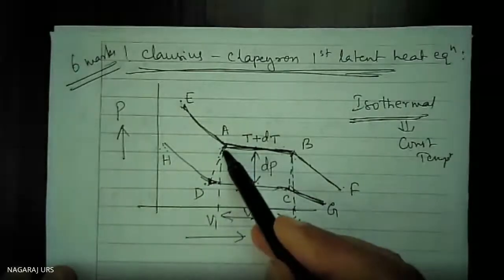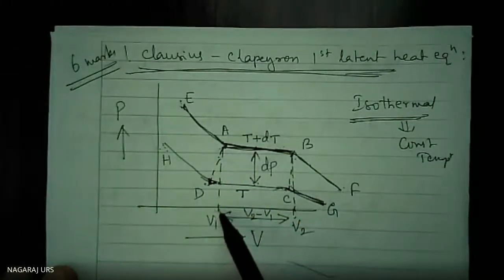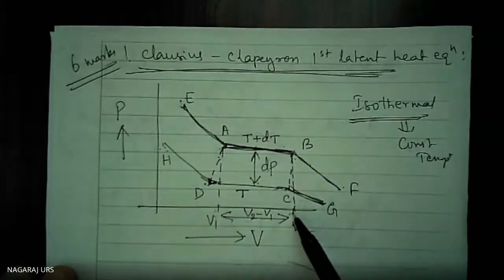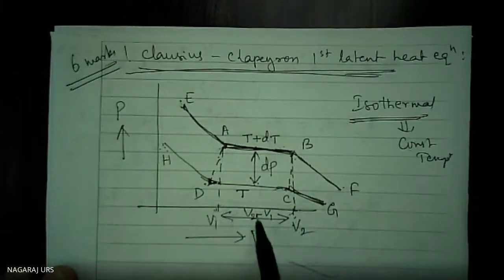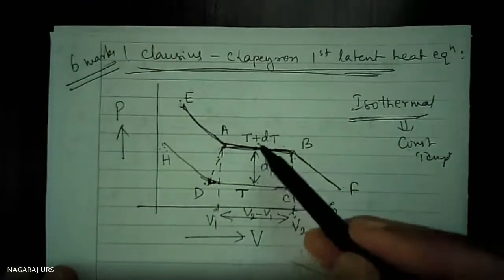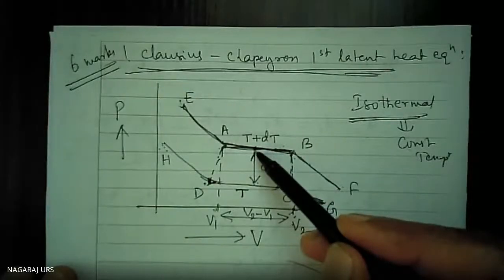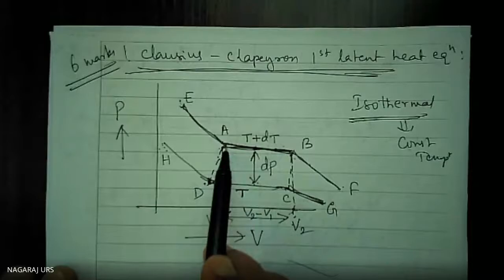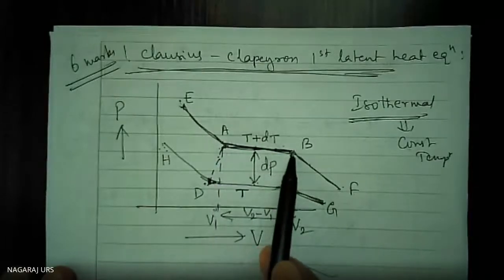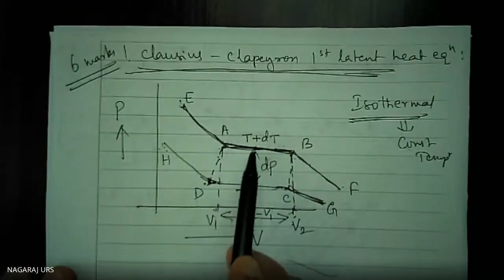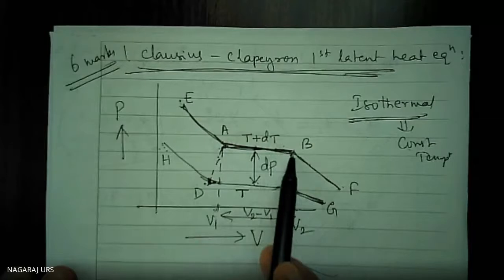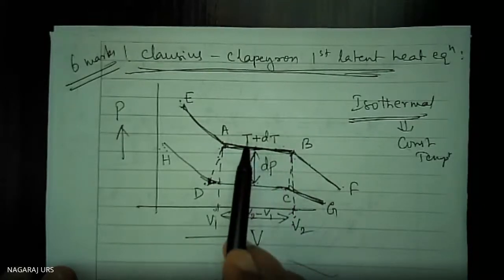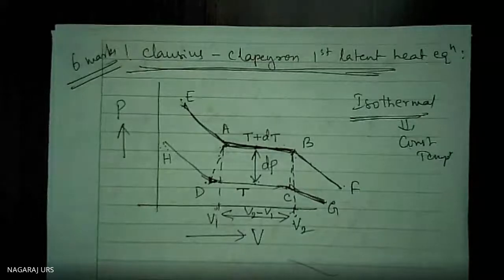We have dropped the line from A to the volume axis or x-axis, and B to the volume axis. One is V1, the other one is V2. Here to here, the difference is equal to V2 minus V1. The difference in the pressure between one isothermal to another isothermal is equal to dP. When the liquid transits from A point to B point, it is absorbing the heat. That heat, whatever it is absorbing, at a temperature T plus dT, where